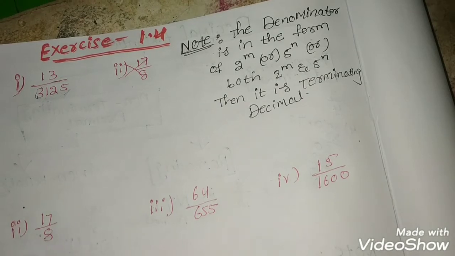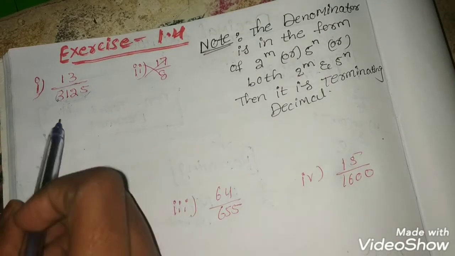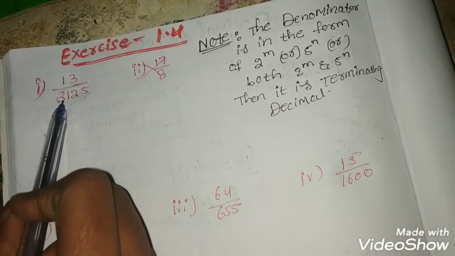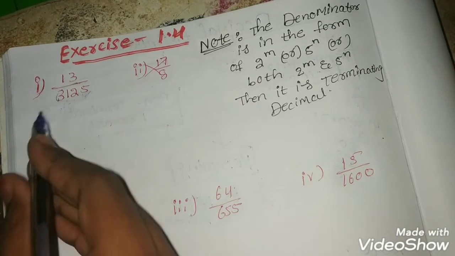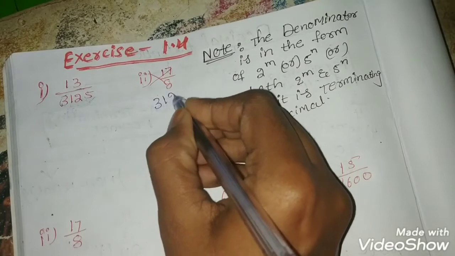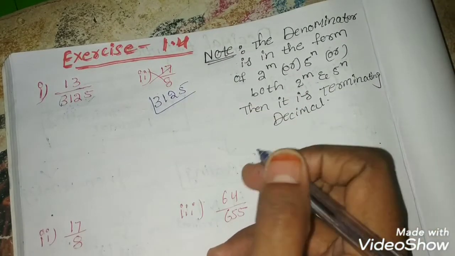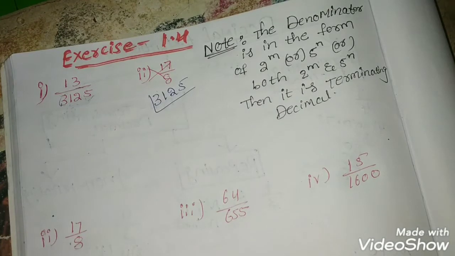How can we solve this? It's very simple. Just check it for one question. First question, 3125. For this you have to take the LCM. Let's do it here for 3125. If you do the LCM for this, we get the prime factors. Already I discussed this in previous classes, and if you don't know, then check once.